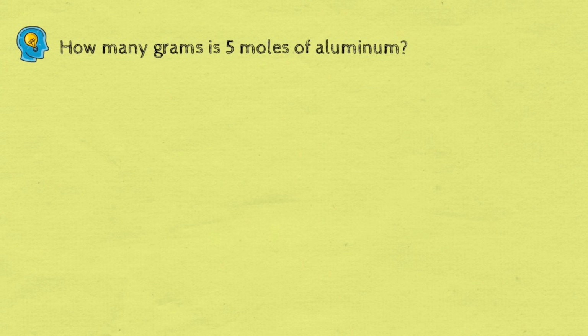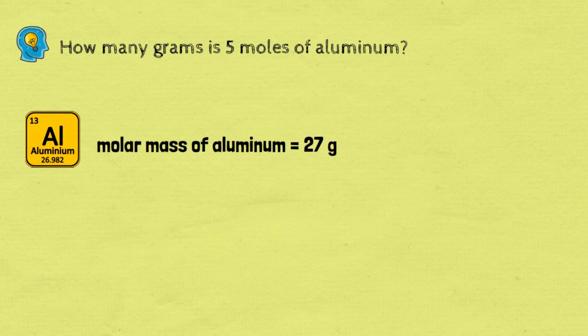Question: how many grams is 5 moles of aluminum? We know that the numerical value of the molar mass of an element is equal to the average atomic mass of that element shown in the periodic table. So the molar mass of aluminum is approximately equal to 27 grams, and we will have